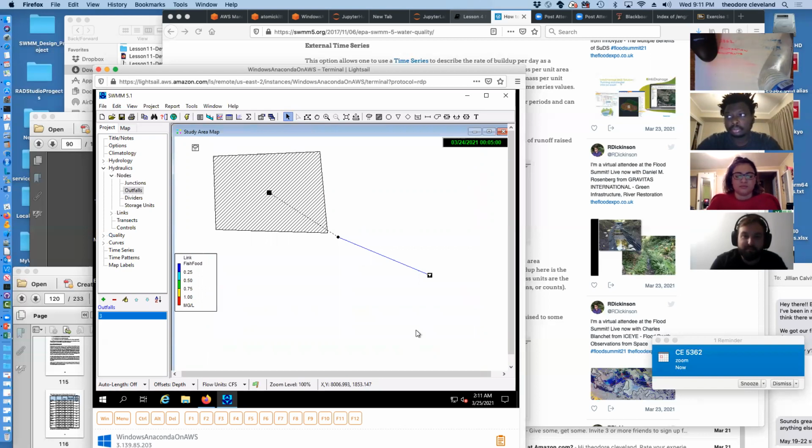So for the time being, we now can model hydrology. We can take that hydrology and put it into a hydraulic network, which we could not effectively do in something like HEC-HMS. HEC-HMS isn't built to do that. HEC-HMS doesn't do sewers well. So for urban areas, we have that capability, and we have a little bit of ability to keep track of water quality,